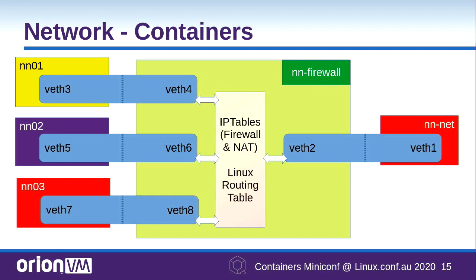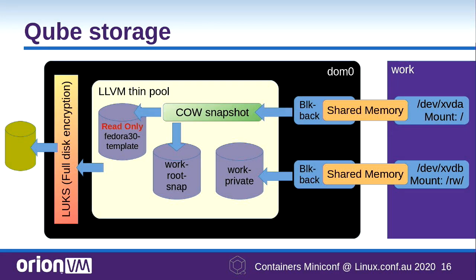All right. So moving on, then we can talk about storage. When we want to make a new Qube, we want to start running a new VM, it has to get its storage from somewhere. In this case, on the disk, we have LVM, and in that LVM, we have a volume that is the template for that. In this case, it's Fedora 30. And generally, you can install Debian without much issues.